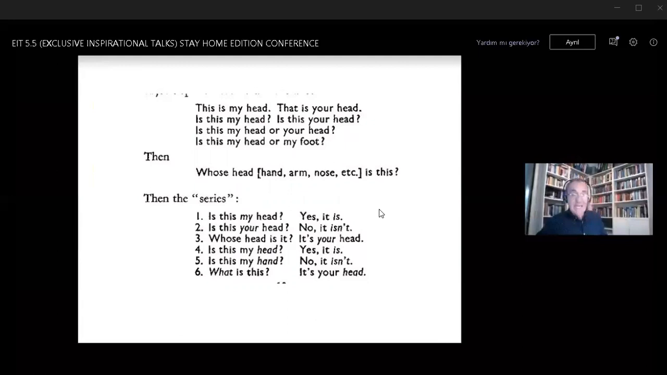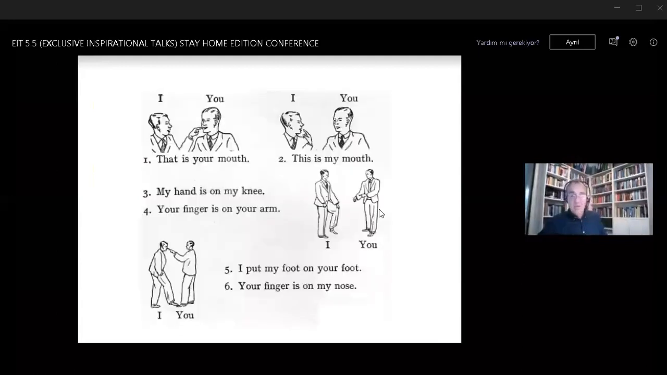And we get this taken to ridiculous extent in other books of the period, where you have conversations like this. That is your mouth. This is my mouth. My hand is on my knee. Your finger is on your arm. You get a little bit of total physical response here, you can see, because it's all about embodiment in a sense, using what you can see in the classroom, in this case, your body, to demonstrate different grammatical combinations of basic vocabulary. Now we can ridicule this and say that nobody says things like your finger is on my nose. That wasn't a major concern of the direct method teachers. Nevertheless,